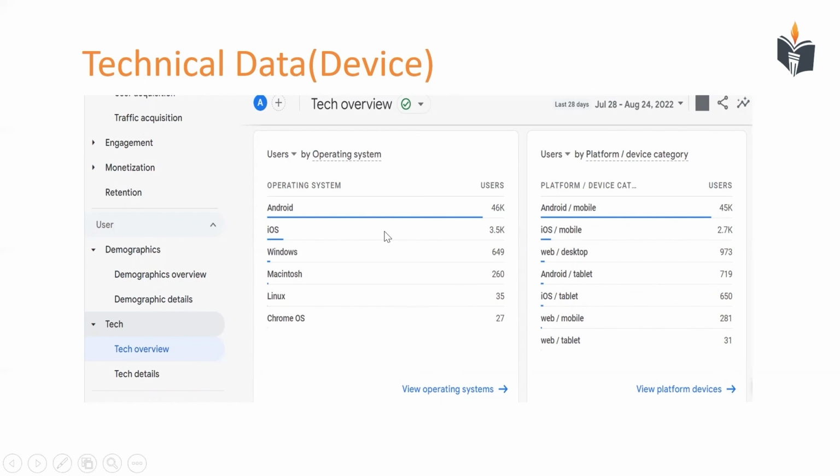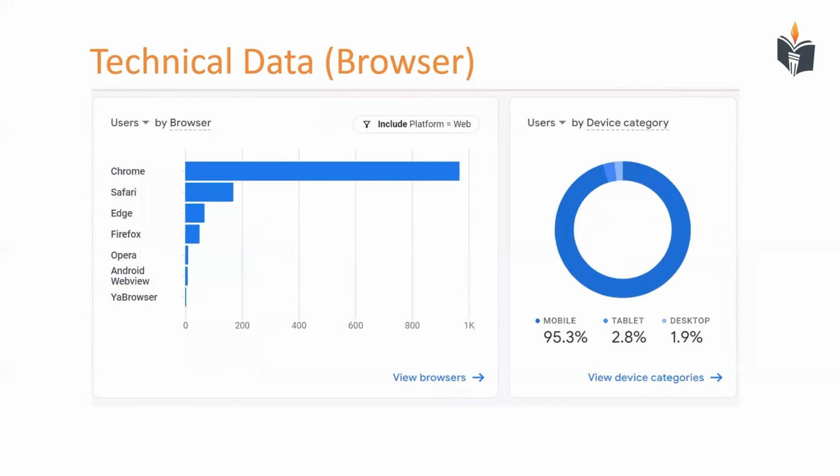And suppose you have a website where people are coming more through their computer devices. In that case, you can target the ads on a specific device as well. So suppose you want to show advertisements only to people who are coming from mobile, you can target accordingly so that your ads will only be shown to the people coming through mobile, because you know that these are the maximum number of people. So this is how data helps.